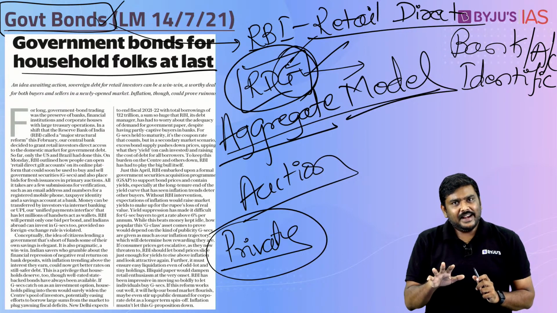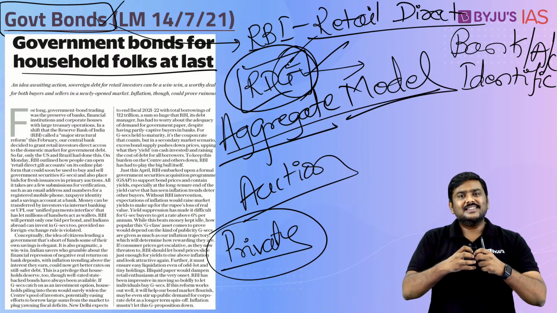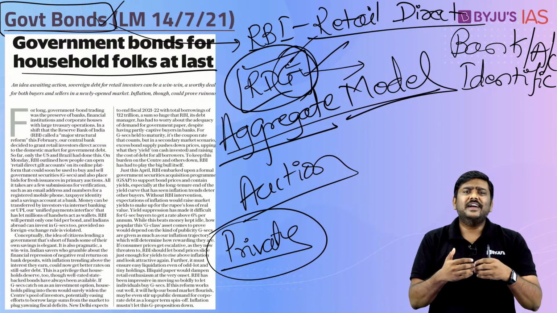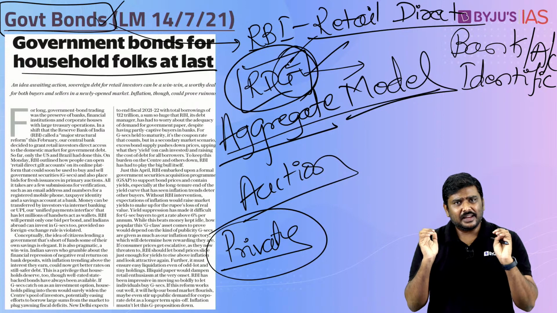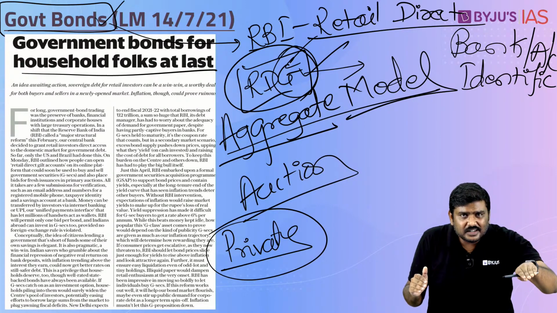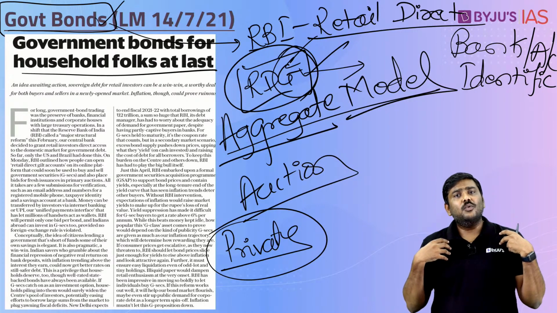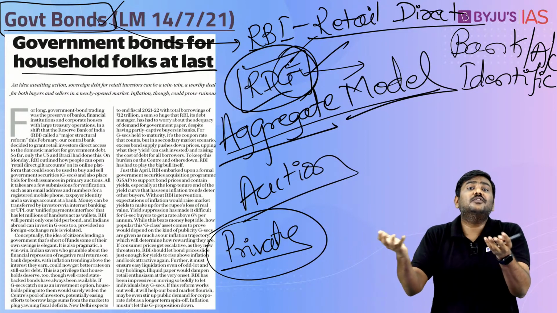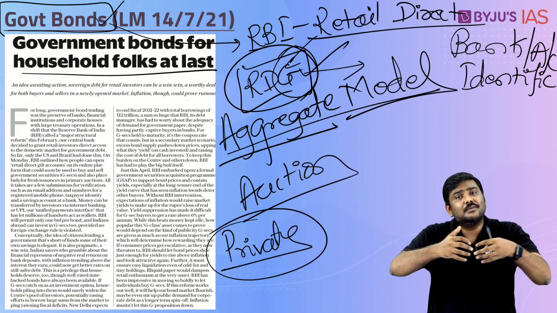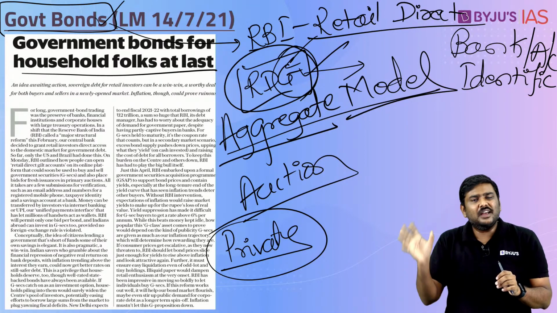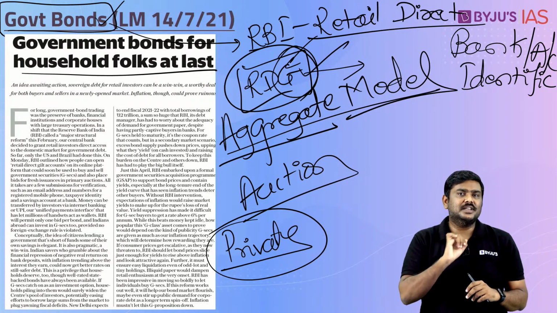Now, what is the basic idea here? RBI says we want to increase the number of participants in the market, which will increase the number of buyers in the market. That will cool down the yield rates in the market. And Government of India wants to borrow heavily in the current financial year. It will also provide certain relief to Government of India when the number of buyers in the market are very, very large. This is on one side, but let's speak from the perspective of the customers here or the investors here.